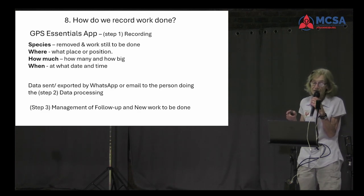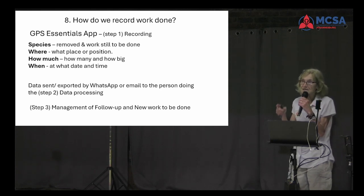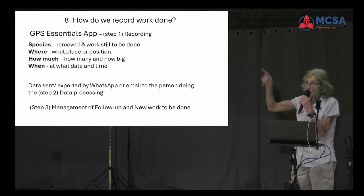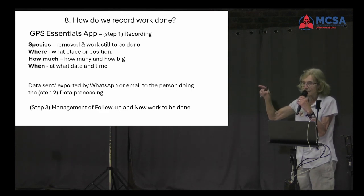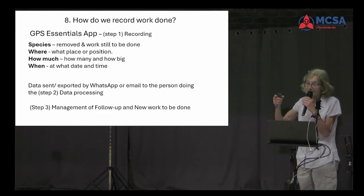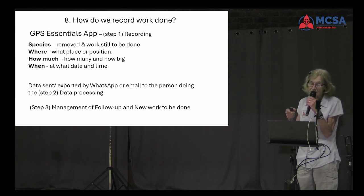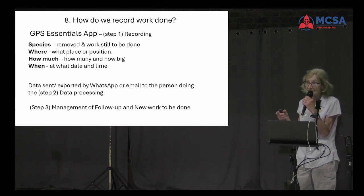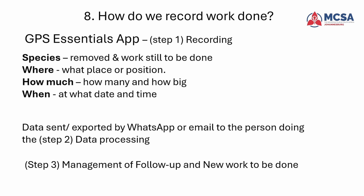They need to record the species removed, and also work still to be done. Work still to be done is a minus. So if you see 10 buckwheats, the big ones that still need to be done, that's a minus 10 for the buckwheats. And if you've taken out 10, then it's just 10. So you need the species and where you've worked. It gives you exactly the position in space, the GPS coordinates. And then how many you've pulled out of that particular species, and if they're small, medium,